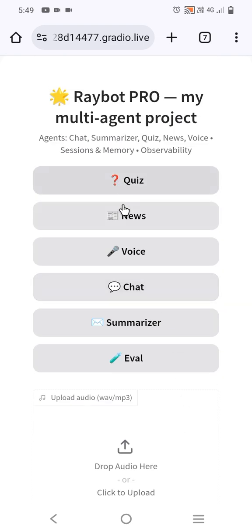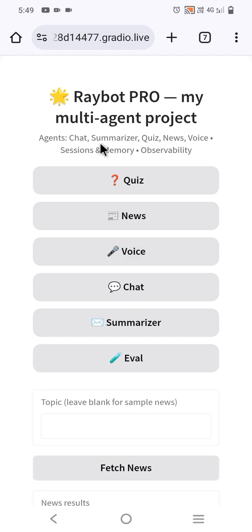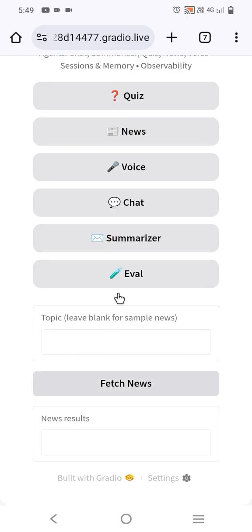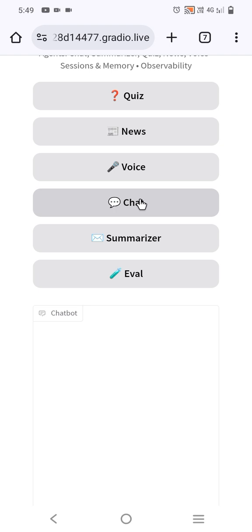The next part is the news, and for the news I'm using OpenAI, and I'm not testing it because my API credits are off, so you can use an OpenAI API to test it. And for the chat, I am also using OpenAI. And for the summarizer,